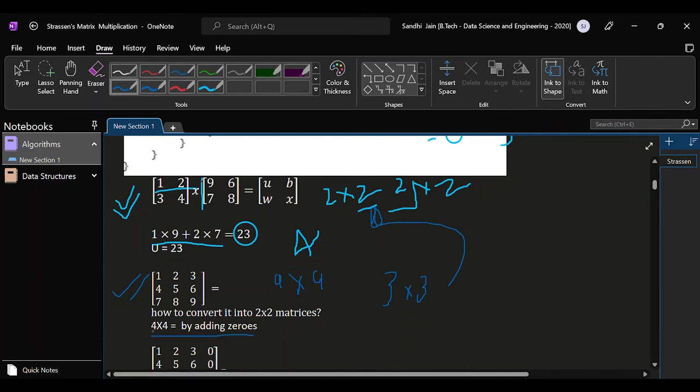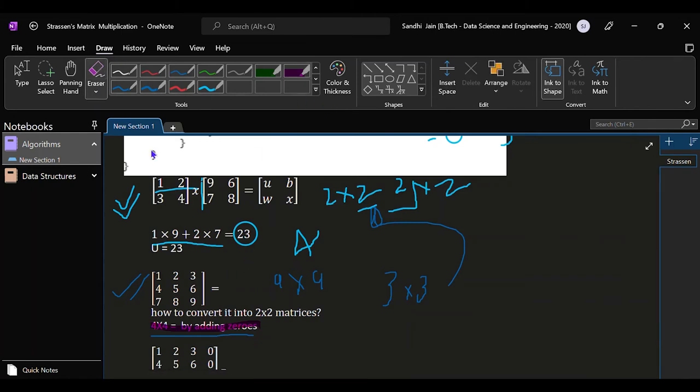4 cross 4 से पहले हम क्या करेंगे, 3 cross 3 matrix को 4 cross 4 matrix में convert करेंगे, and then we are going to divide it into some 2 cross 2 matrices. Okay, so what is the final way? A 4 cross 4 matrix should be converted into 2 cross 2 matrices by adding the zeros. Okay,